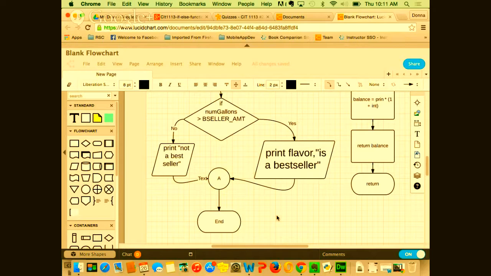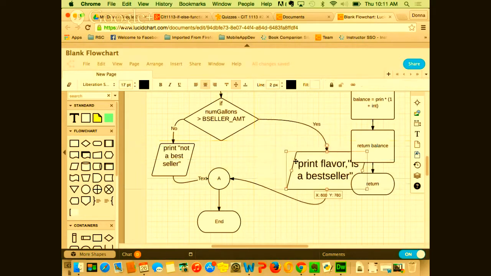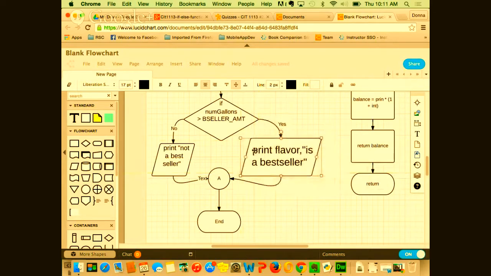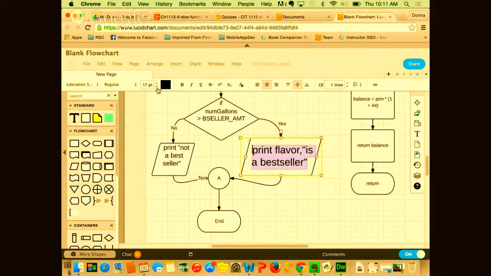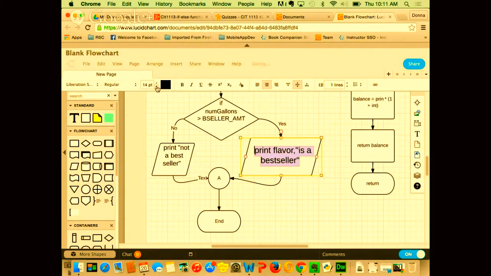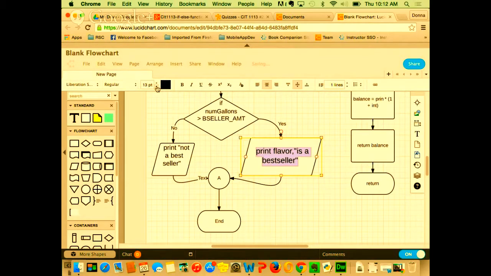Okay, it's kind of lopsided. This should be a little smaller. Let me go in here. Oh, that's at 17, no wonder. I think it's supposed to be like at 12 or something like that.